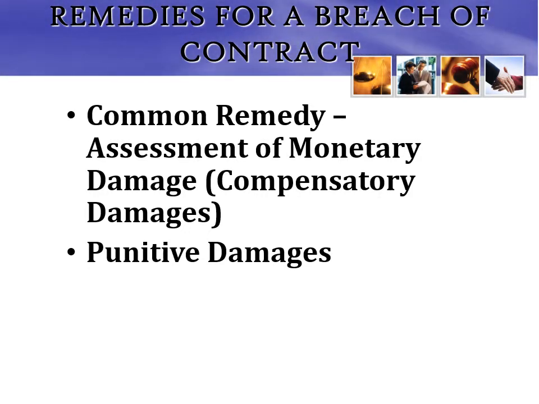And when it comes to large corporations, corporations factor into the price of anything the price of being found liable. So merely going back to compensatory damages does not hurt that company, so they can go out and do it again. Punitive damages are not on your $10,000, $100,000 scale. It's on your $10 million, $500 million scale. It's a hit to the company's bottom line to make sure that they don't do it again.